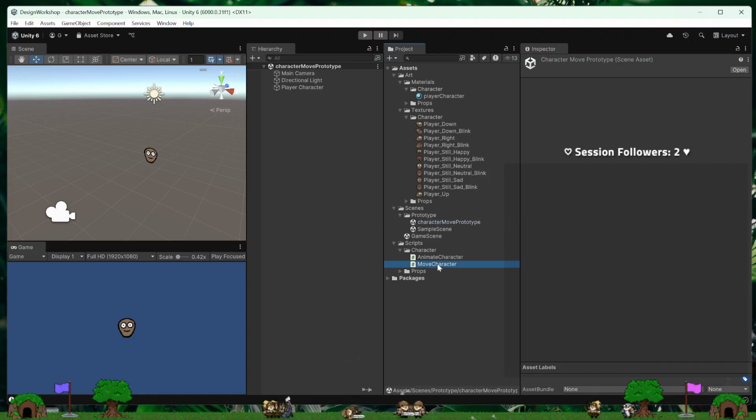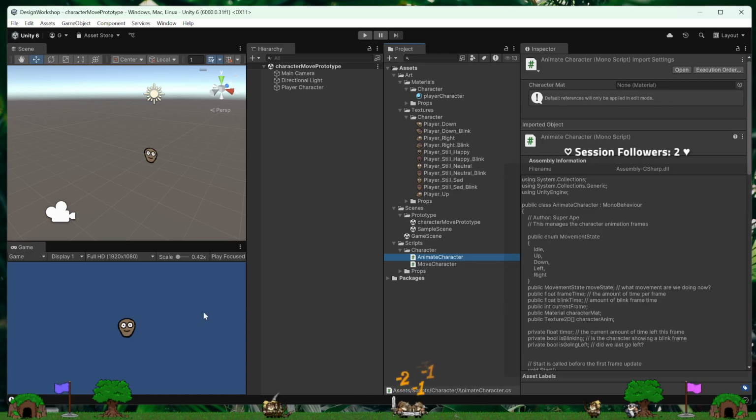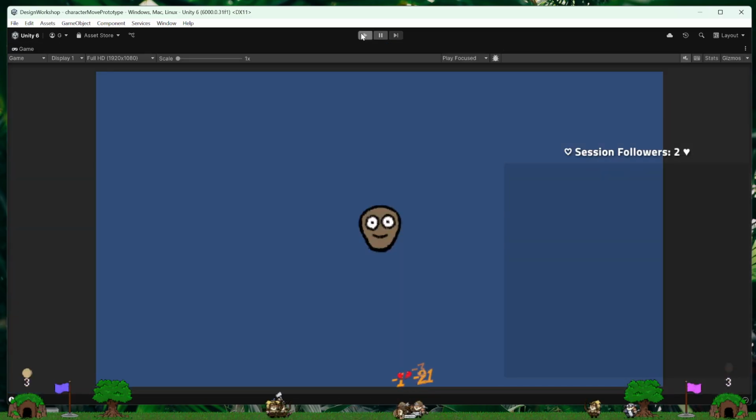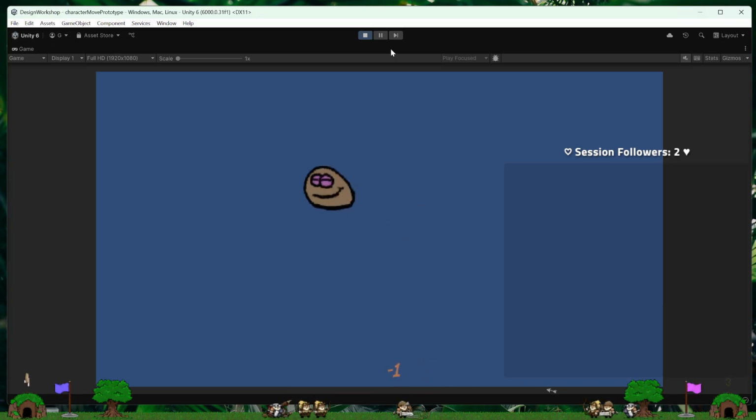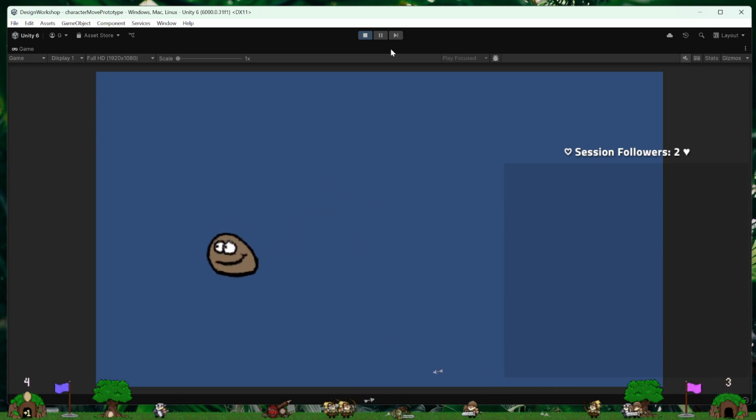We haven't totally developed all these scripts yet for the player movement, but it's coming together. And it's coming together because we're able to test, find issues that the player might have with this, and we are fixing it and making it a little bit better as we go, right?